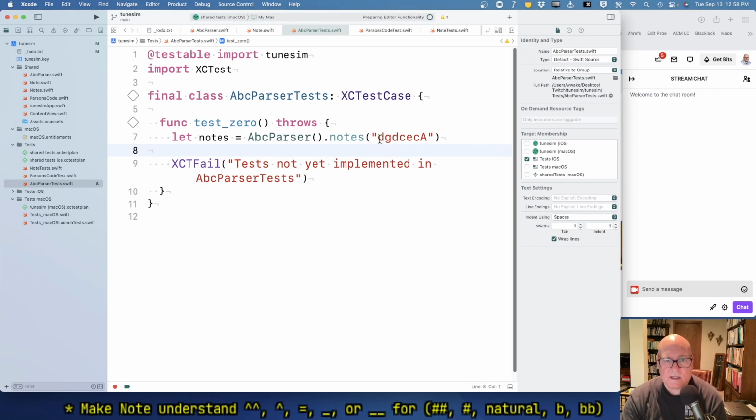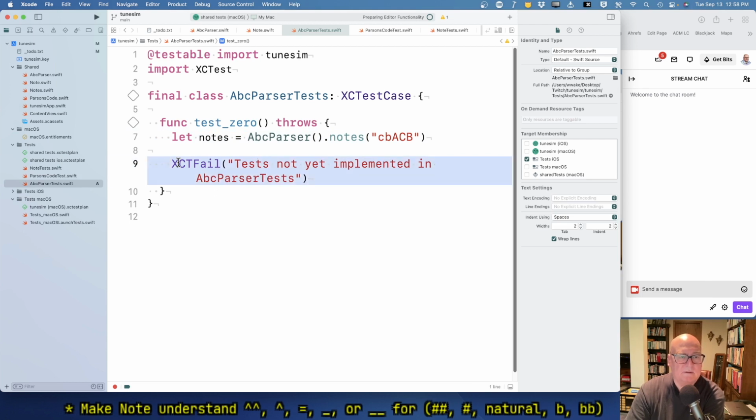And I'm just going to check a little bit. I guess I could check C, B, A, C, B. Okay. And I want to assert